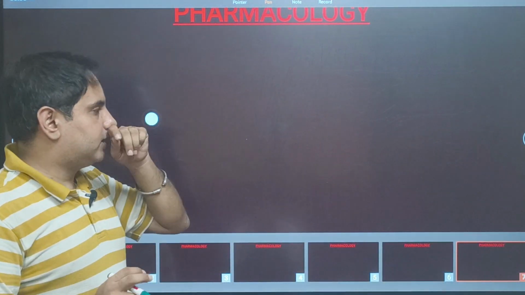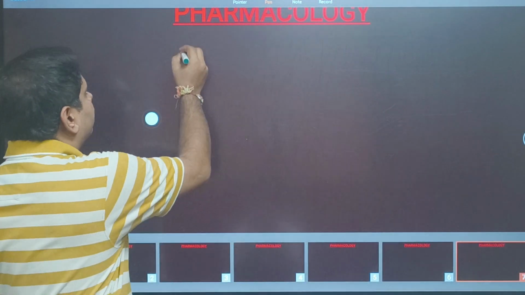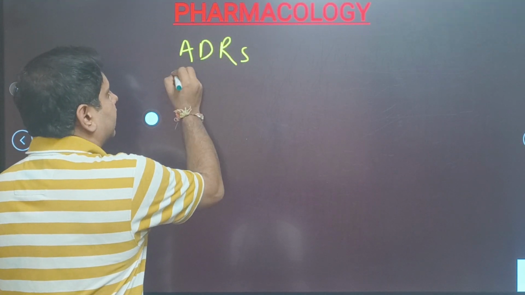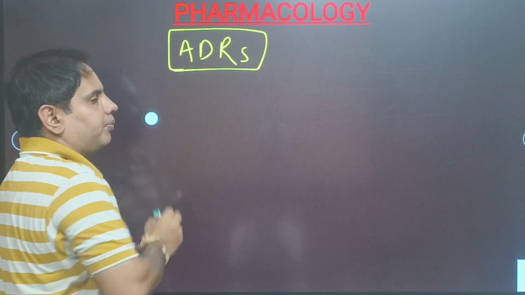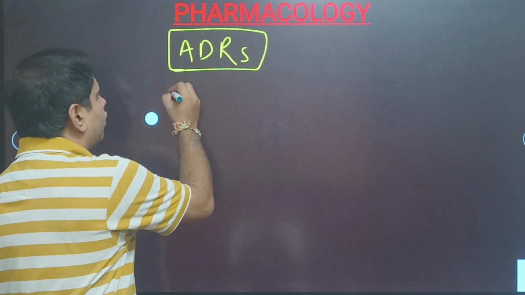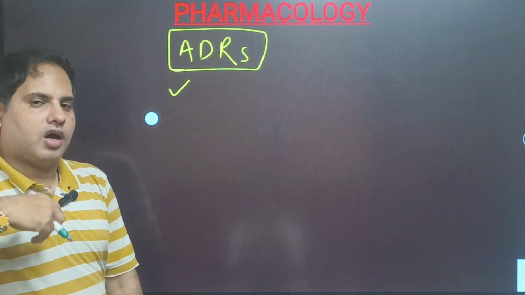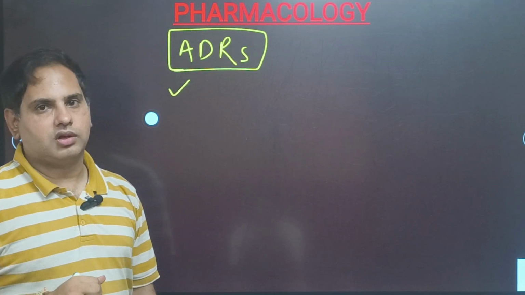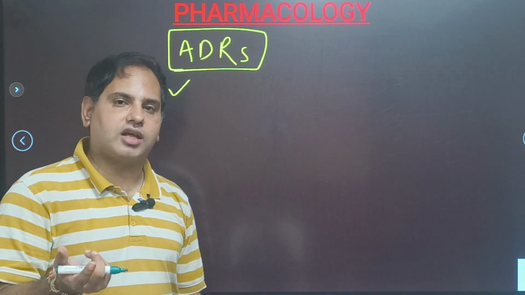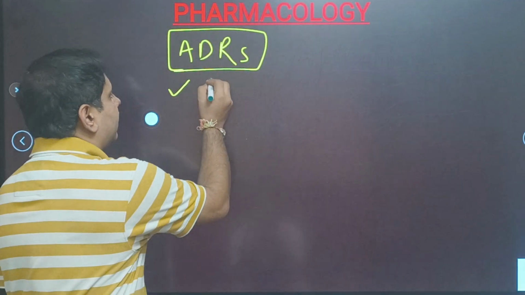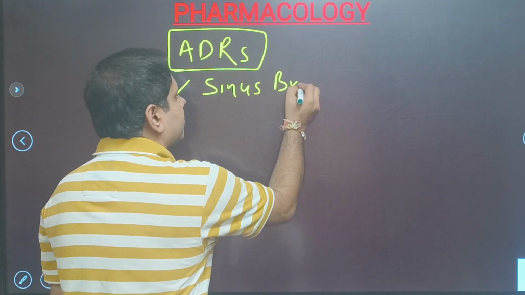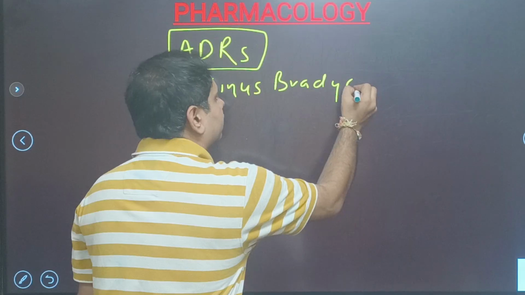Now next is digoxin. If we talk about adverse effects of these digoxins, adverse drug reactions of the digoxin. So if you are digitalizing the patients much more, then what will happen? क्या हो सकता है? अगर indirect action ज़्यादा बढ़ा तो क्या होगा? साइनस ब्रेडिकार्डिया बढ़ जाएगा, वही आपके एडवर्स इफेक्ट्स हो जाएंगे।